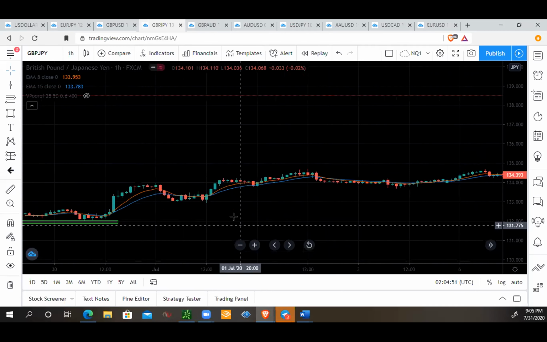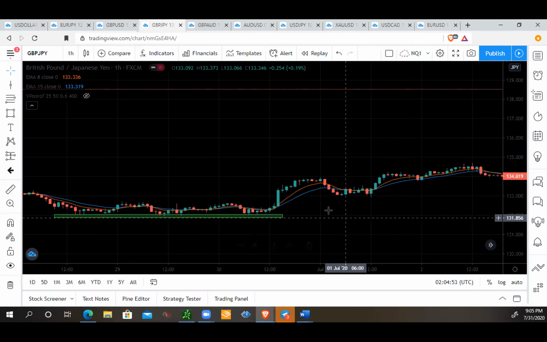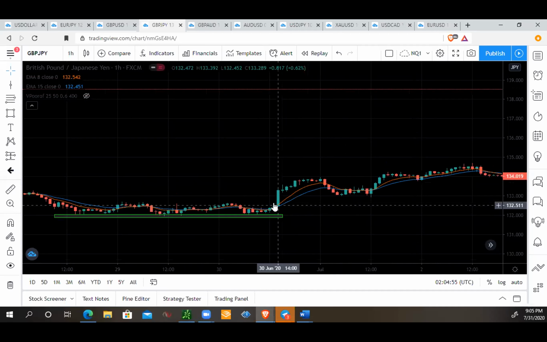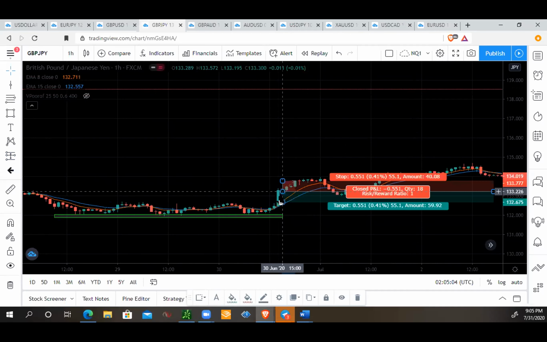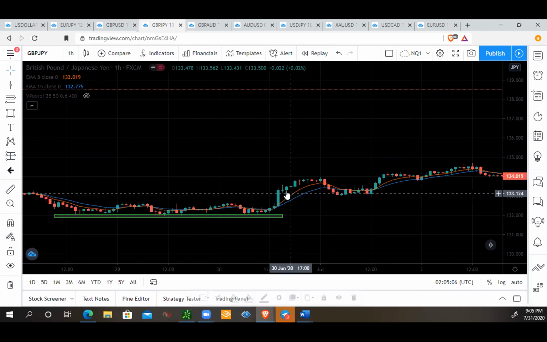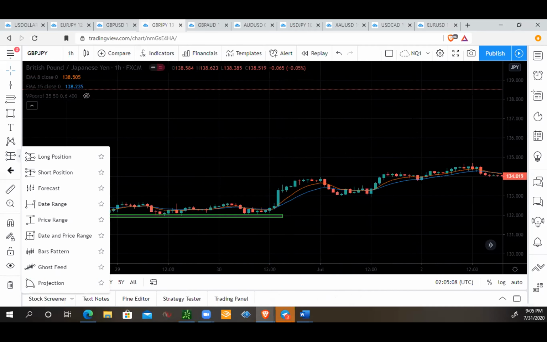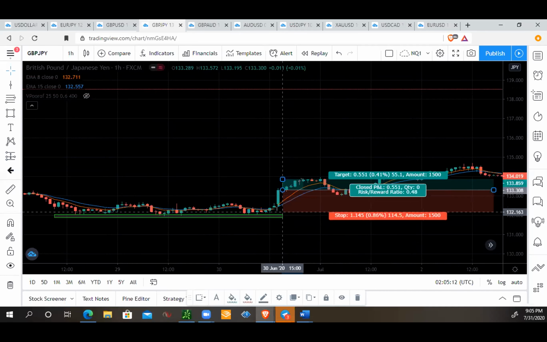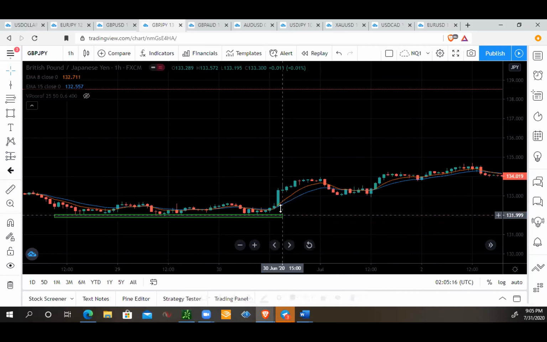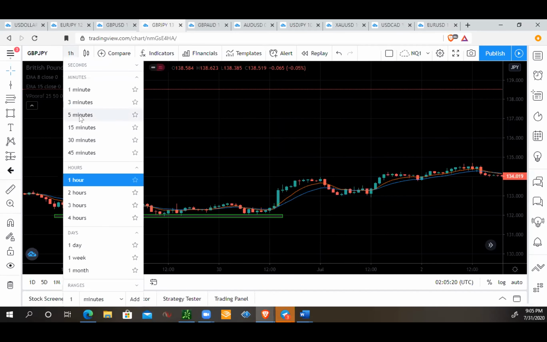And I'm going to show you why. Right here, if I waited for the 8 to cross over and the bullish candle, that bullish candle on the hour ended right here. Let's get a long position. That bullish candle ended here, and my stop loss would have been 126 pips. I'm not doing that. But this same position right here, if I go down to a 15-minute,